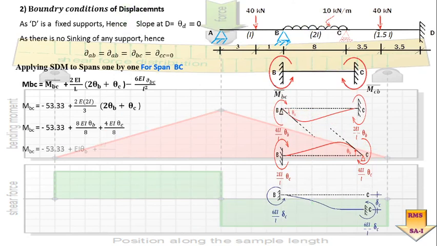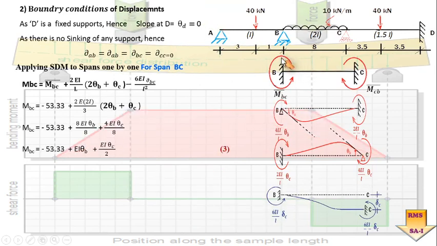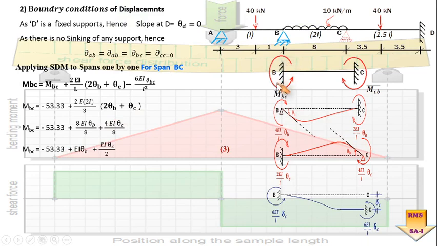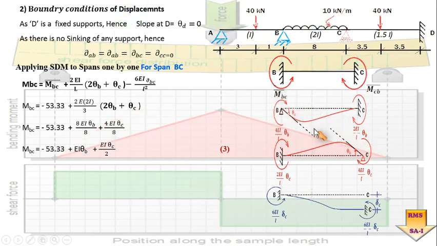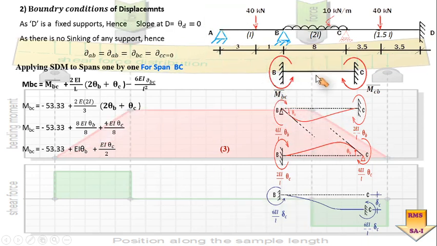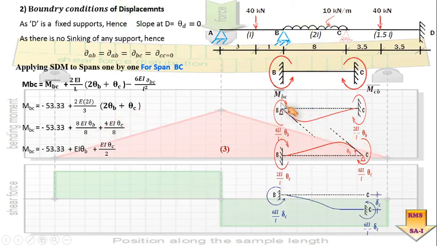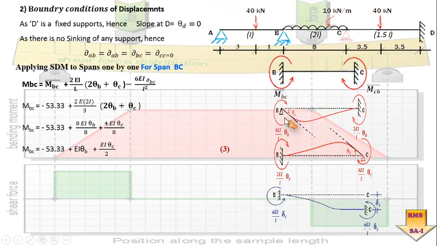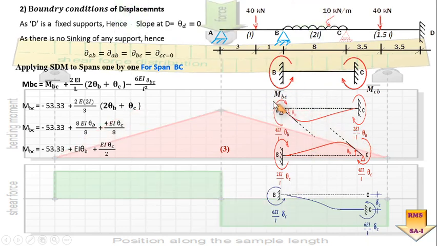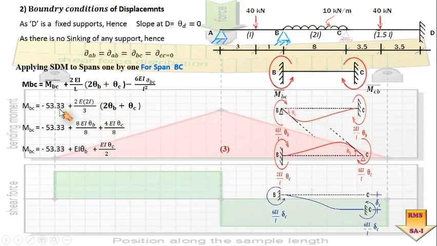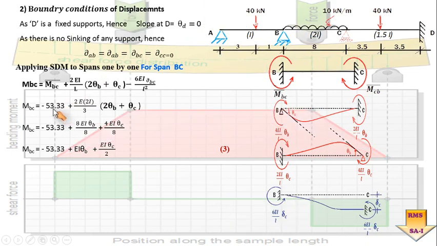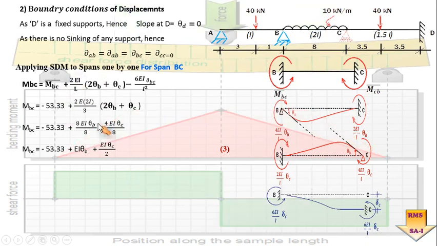So what we did earlier, we have done the algebraic summation of all the effects taken into account, and those effects are nothing but these are the displacements, first due to the imposed loading, next due to the assumed support condition. Is it okay? So this is how we have to develop the governing equation, and we have to substitute the values which are occurring into the fixed end moment and the boundary condition.